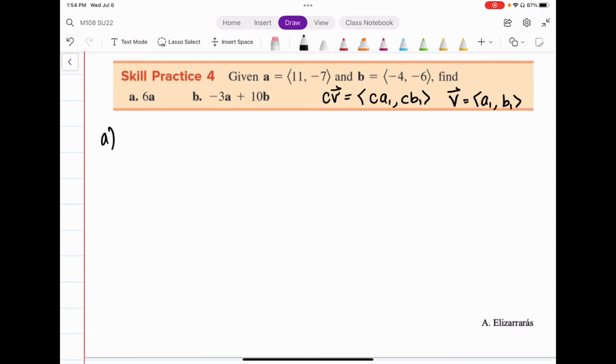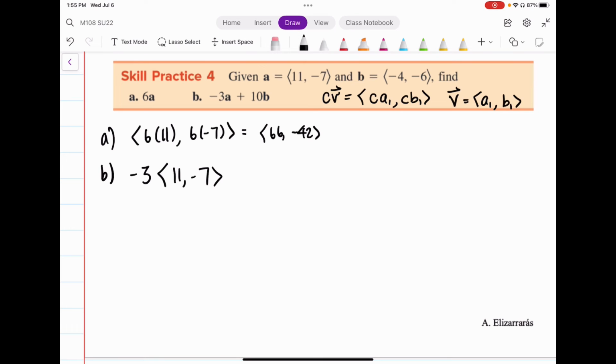So for question part A, we have 6 times 11 and 6 times negative 7, which is 66 and negative 42 in component form. Part B, we need to take negative 3 times A and add that to 10 times B. So I'm going to do the scalar first and then add the components. You can write it like negative 3 times component form 11, negative 7, plus 10 times component form negative 4, negative 6,